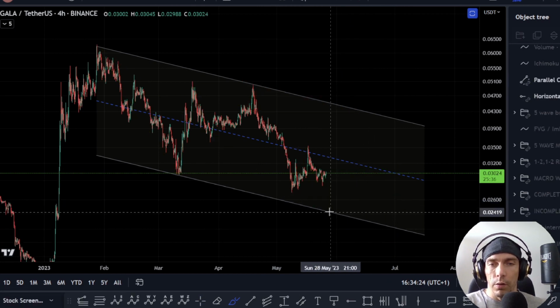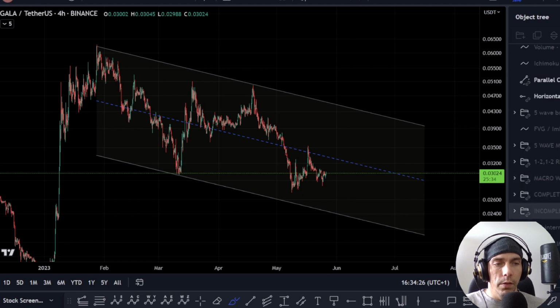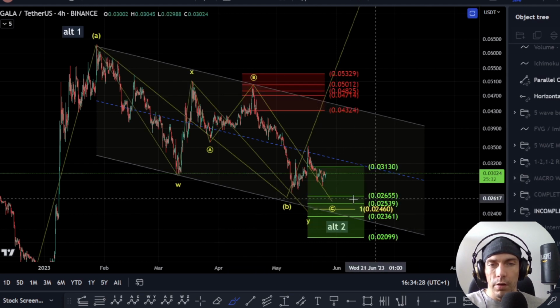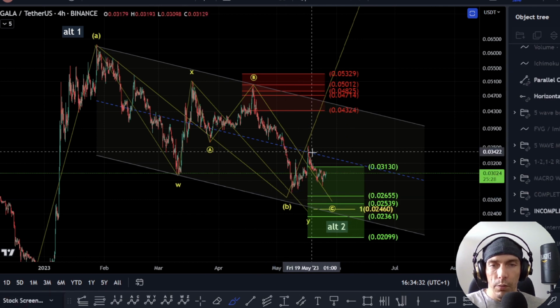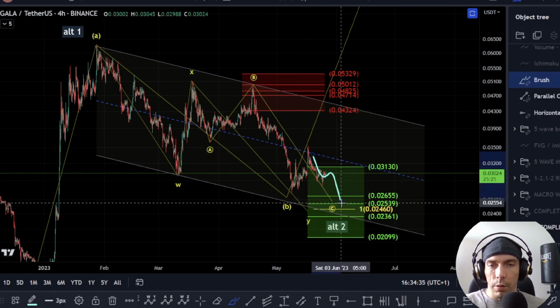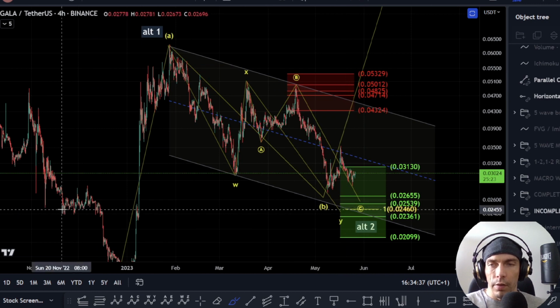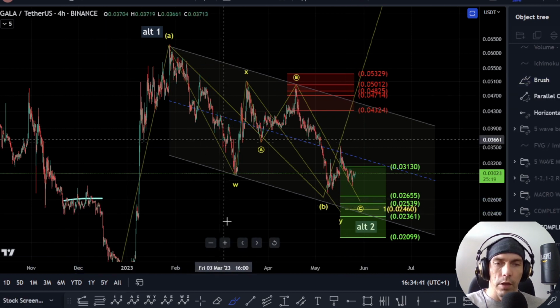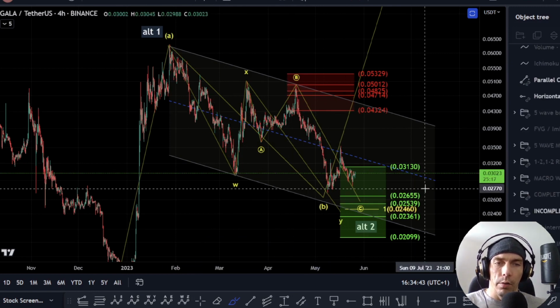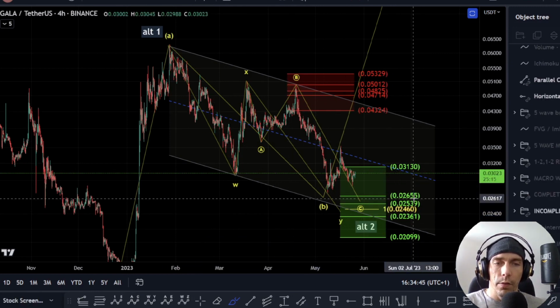below the other zone. An interesting zone here is that we want to see whether we actually get an interaction with this 0.618. We did come very close to it, but if we do come down deeper here, we could actually see an interaction with this. And this would tie into coming back into some of these lower levels that we have on the left hand side here. So keeping an eye on this 0.2655